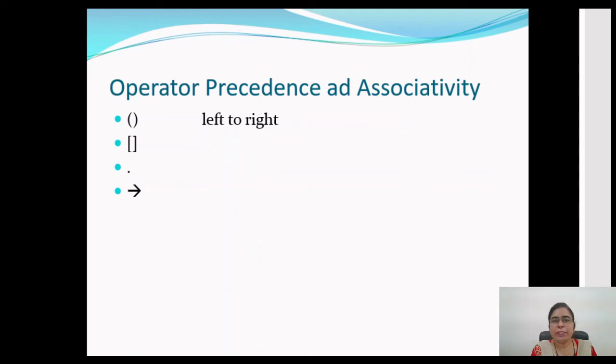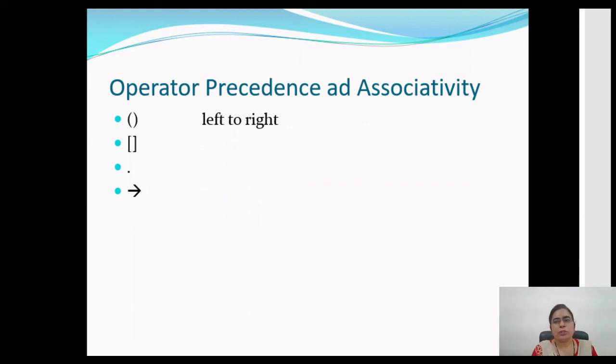So for that, we need to define a priority between those operators, so that an operator of the utmost priority, if it is present in the expression, will be evaluated first, and then the other operators will be evaluated. So basically, with the help of precedence, we can identify the sequence in which the operators will be evaluated.